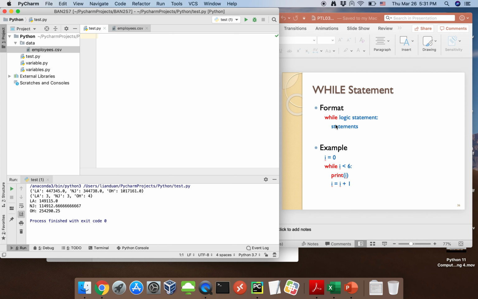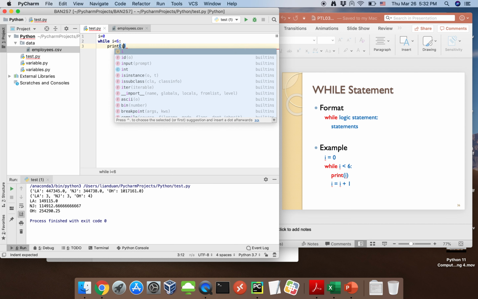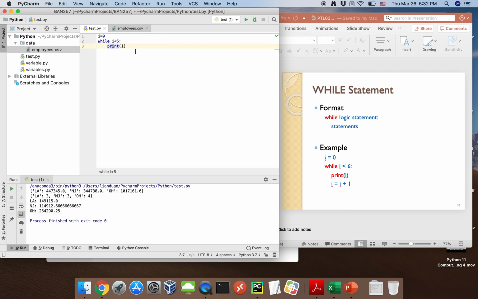The for and while are sometimes interchangeable, but while can handle some cases that for probably cannot. So the logic is: while you have some condition, you have the statement to keep processing, and once you've done this, you get out of it. For example, you have I equal to 0. Say when I is smaller than 6, I will just print the I here. So if that's the code you write and you run it,